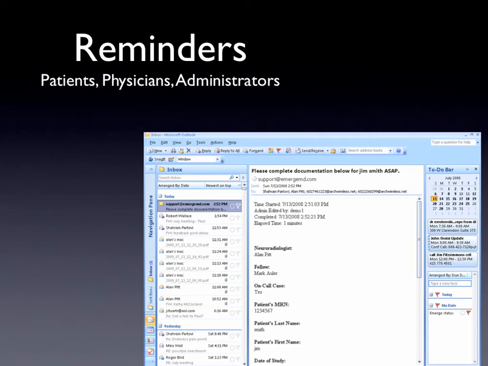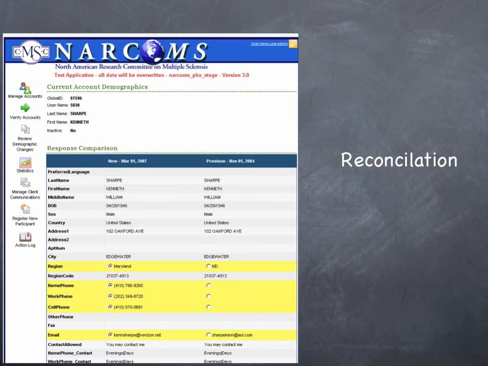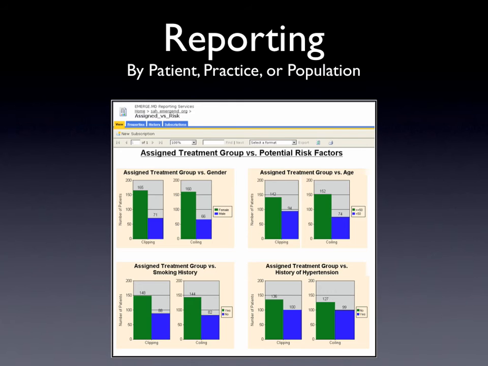I would also note that reminders can be escalated. So for instance, if a patient has not put data in over a period of days, there may be an identified caregiver who would then be notified and reminded to check on this patient. Reconciliation is important so that people do not have duplicate entry. There are robust back-end reconciliation engines for this as well.